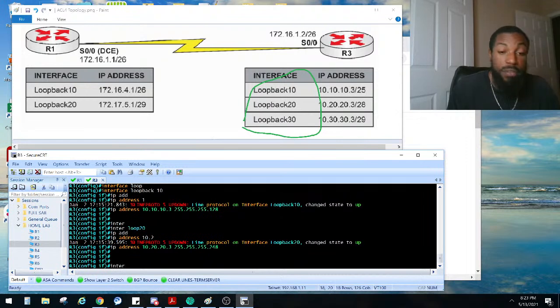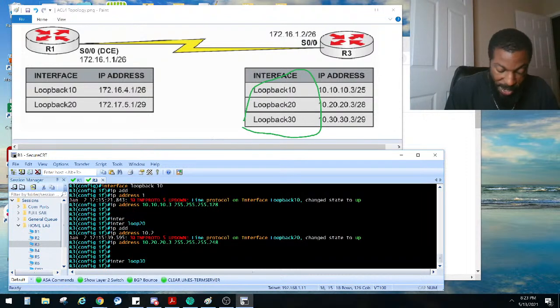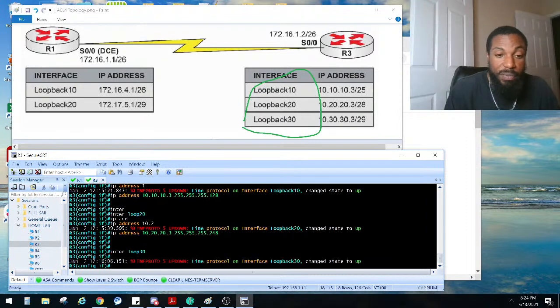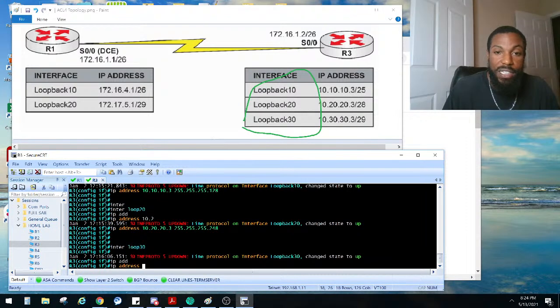We are going to wrap up task 3. We only got 7 tasks, so I ain't going to say we almost done. I always say that, right? Loopback 30. I say we're about 20, 30% complete there. His IP address is 10.30.30.3/29 subnet, which is